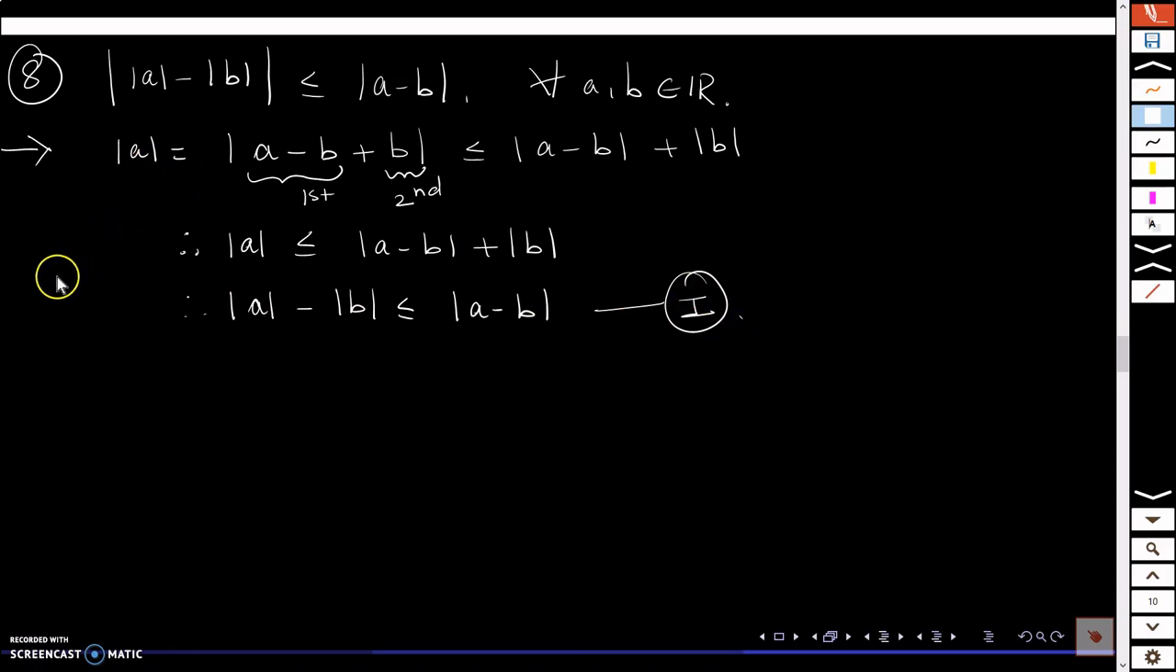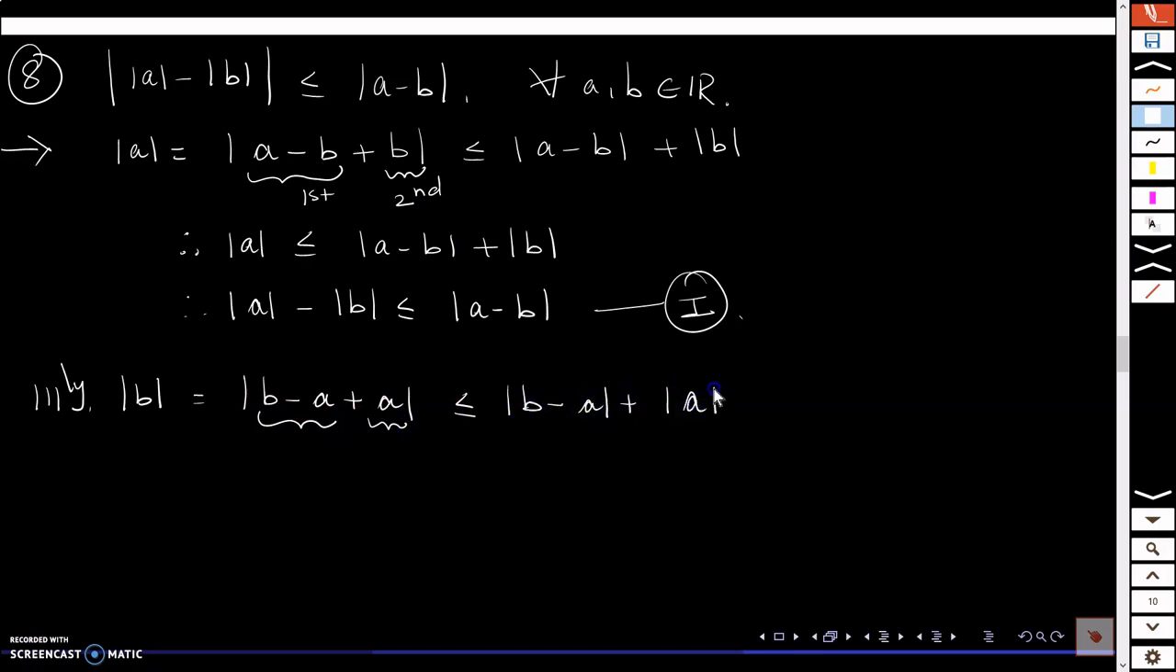So in a similar way, you can start with modulus of b and again add and subtract a here. Similar process. Again, by the triangle inequality, if you take this as the first term and this as the second term, this will be less than or equal to mod b minus a plus mod a, right? And we know that the absolute value of x is the same as the absolute value of negative x. Both are the same. So this mod b minus a, I can write as mod a minus b because they mean the same, right? So finally, I have mod b is less than or equal to